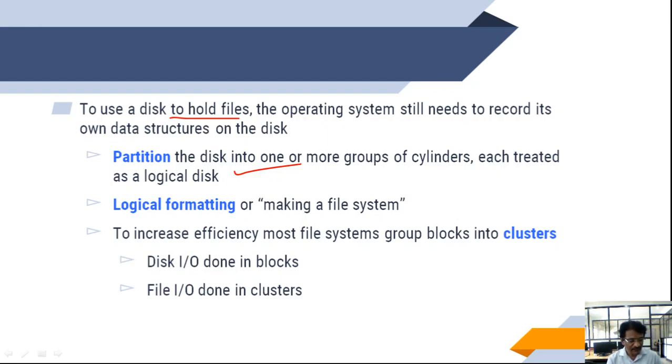To increase efficiency, most file systems group blocks into clusters. Disk IO is done by blocks, whereas file IO is done by clusters.